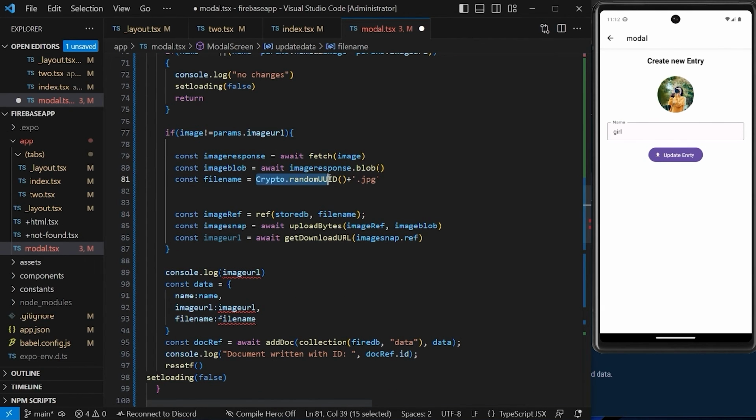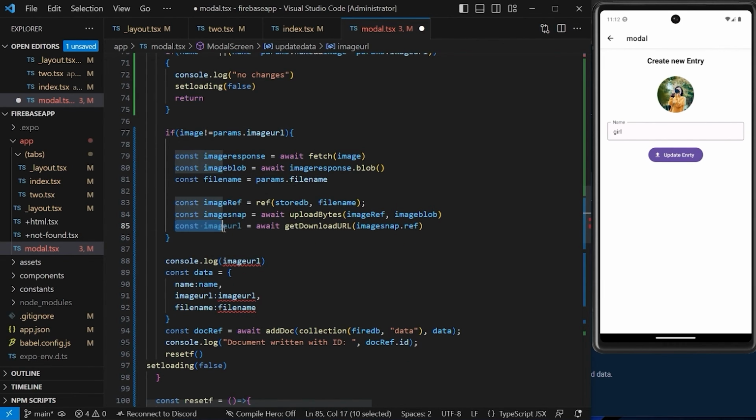We'll also remove this crypto.randomUUID because we don't want to give a random name now, because we already have a name in params.fileName. So when the user updates the image, it should be updated on the same name. The old image will be replaced, a new image will be there. So we'll be giving it the file name, and